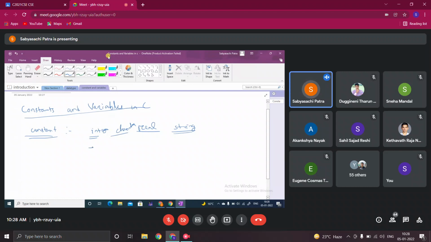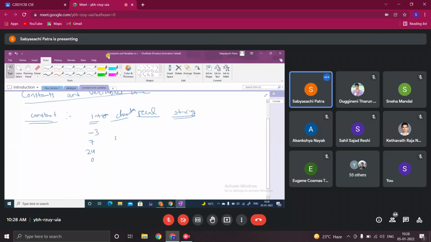So these are the different types of constants. Integer constant means an integer value: -3, 7, 24, 0. These are all integer values. You can use these values as constants. Fixed value: -3 means -3. -3 does not mean -4 or 3, anything else.